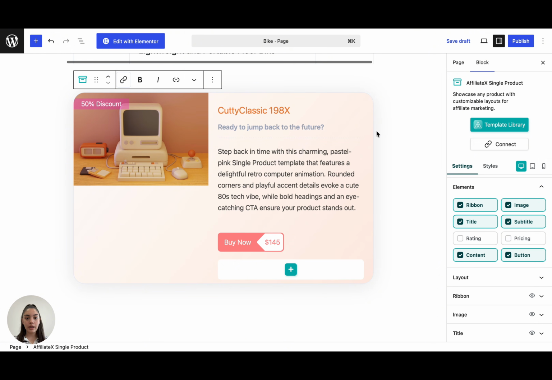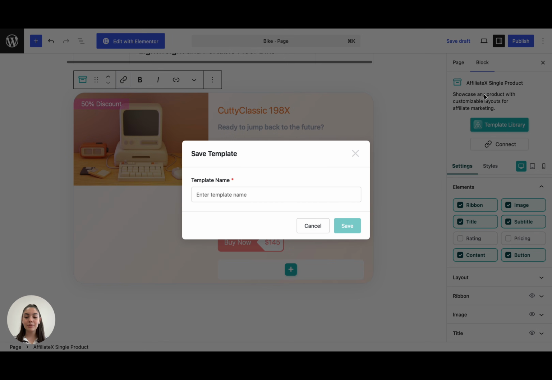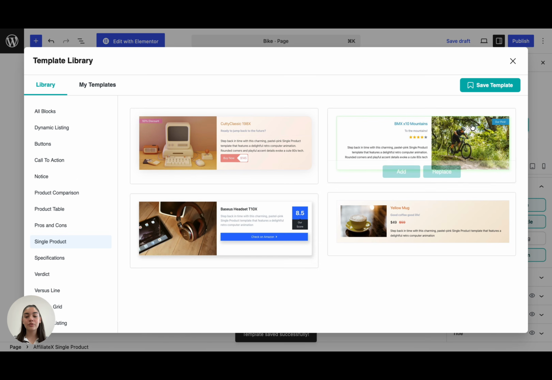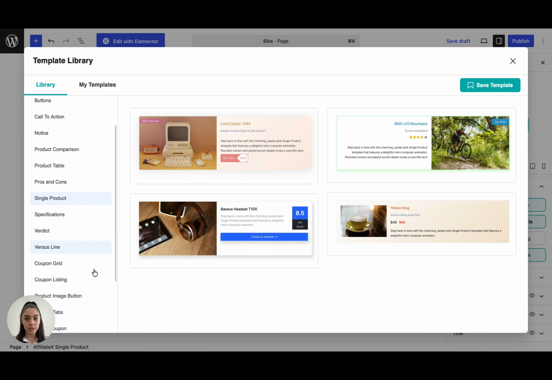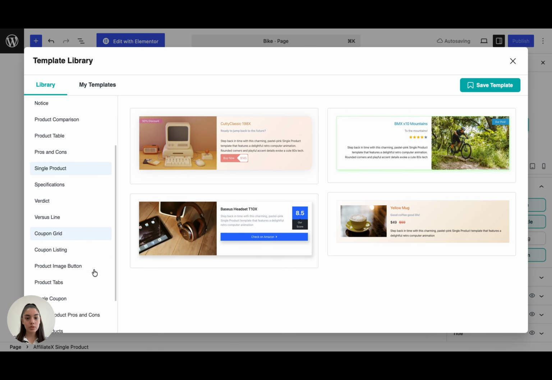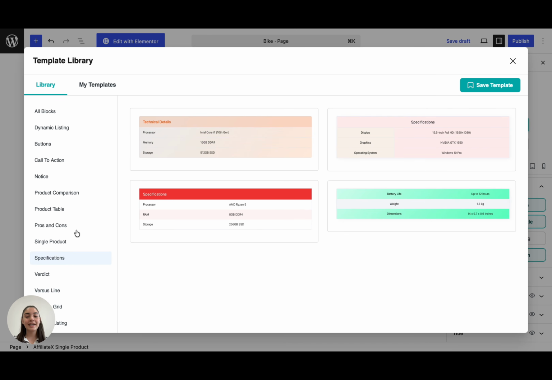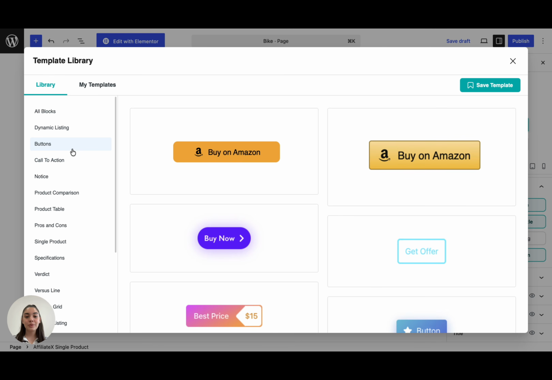If you create a layout that fits your website, you can also save it as a custom template and reuse it across multiple pages, helping maintain a consistent design throughout your site. Beyond templates, Affiliate X also includes a variety of customization options. You can adjust layouts, colors, typography, buttons, spacing, and other visual elements to better match your website's branding and overall